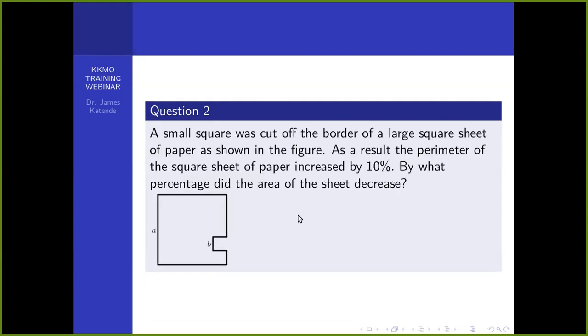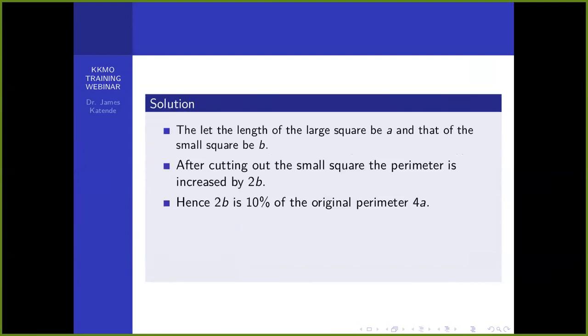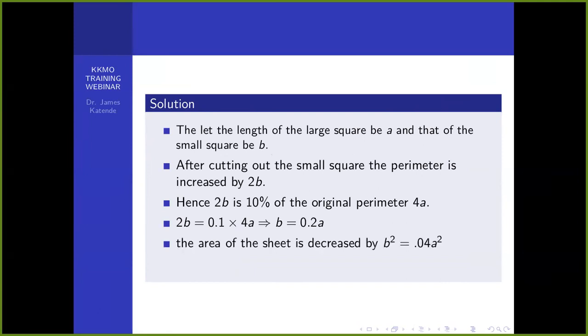If you go back to the diagram, you can see these two pieces are what increase the perimeter. Just this part and that part. That's the increment in the perimeter. So that would be B plus B, which gives you 2B, and that's supposed to be 10% of the total perimeter, which is 4A. So we can write it as 2B is 0.1 times 4A,